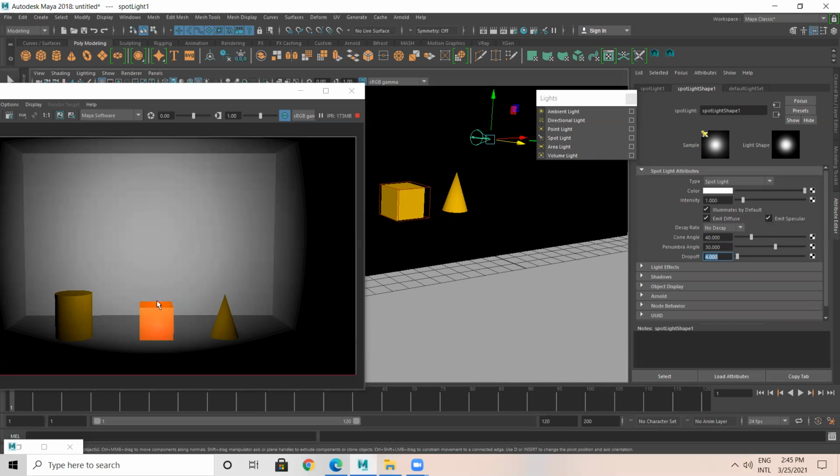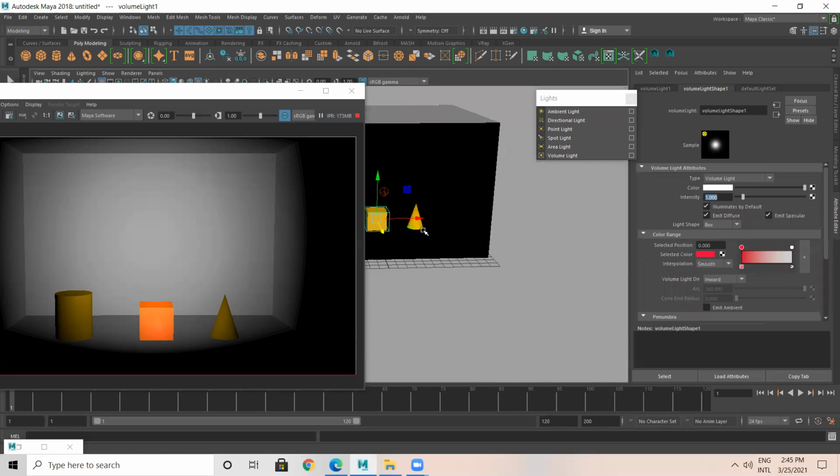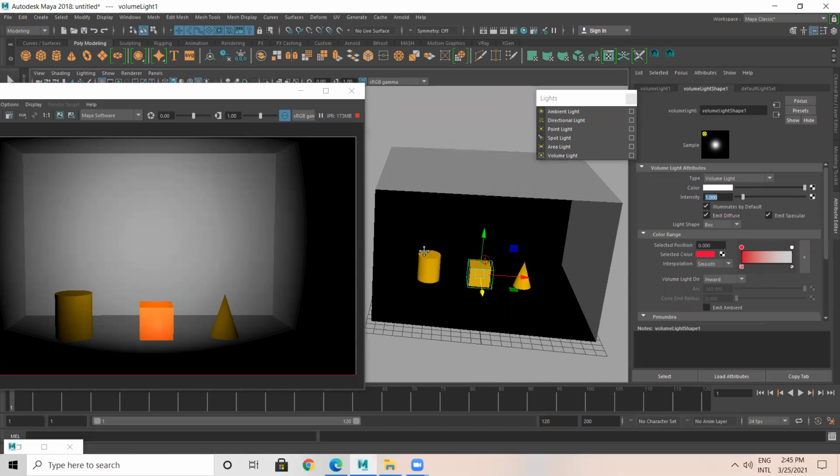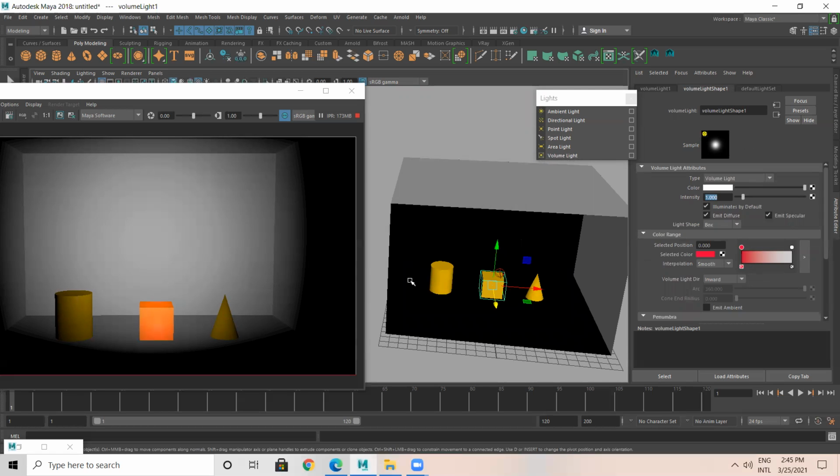So still this is getting illuminated. This light is getting illuminated, but you have this particular scene. That's how it works. So that's the advantage of this volume light. Let's say, for example, in an interior, you have in a corner some vase or some special item which you want separate lighting over there. So you can use this.